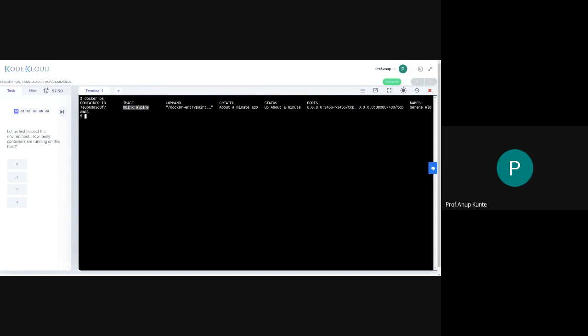So nginx is the original image and nginx colon alpine is the version with a tag alpine of the nginx original image. Now, in the discussion in the videos, if you see, they have explained it. The size of this particular Docker image, nginx alpine, is lesser than the nginx original image.